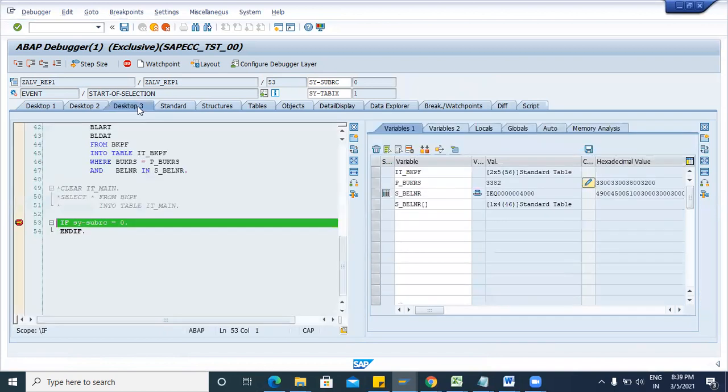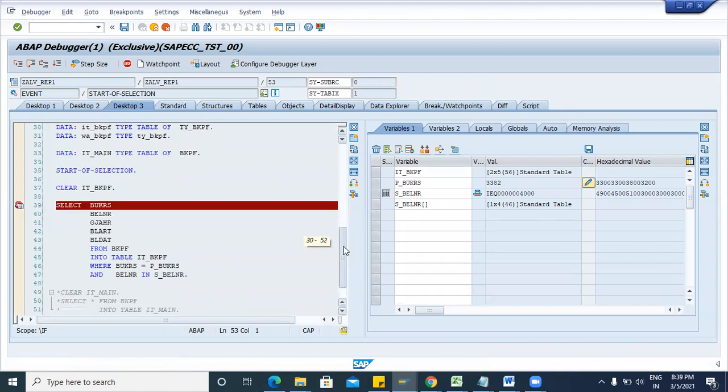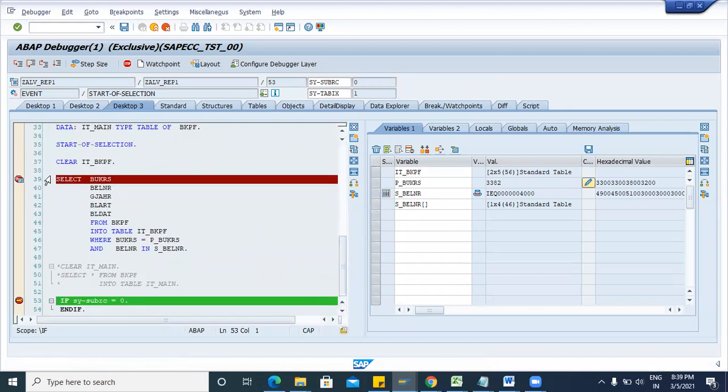So now I will explain to you. With the cursor at the first breakpoint, in the parameter p_bukrs we have passed 3382. Then in s_belnr, I will explain what this is.